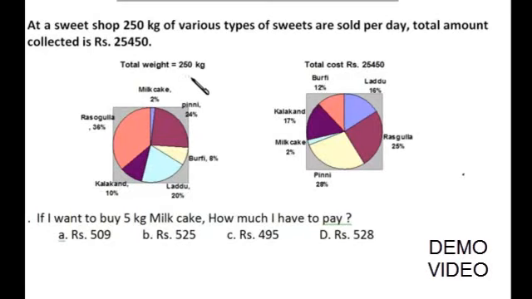Now what happens? First of all, they multiply the things, then they divide the things, then they divide the things by factorization. So there is no point of multiplying the things. Keep them as it is, right? So 2% of 250, I just keep it as it is. Though it is easy, but then also no requirement of multiplication, right? So it's this. Now, what is the contribution of milk cake in this total cost? That is 2% still. So it's 25450 into 0.02. Now you see, it's already cancelled. So no need to multiply.